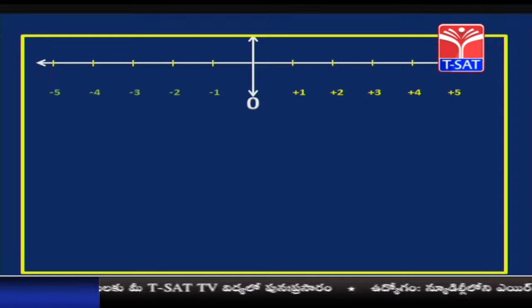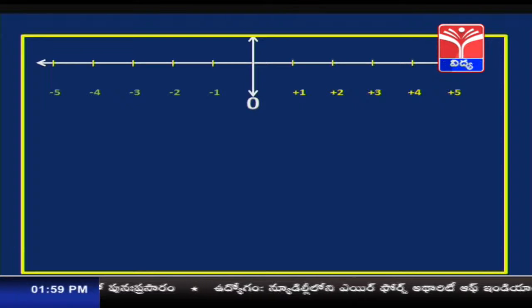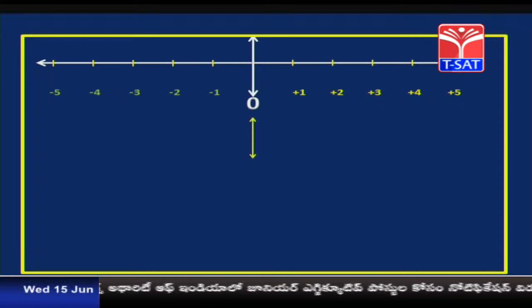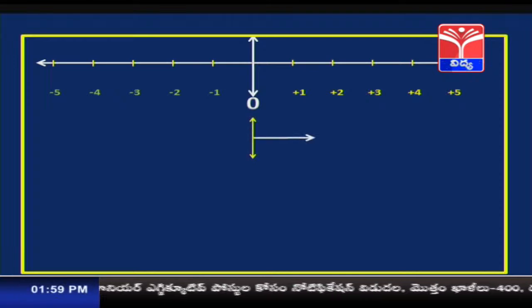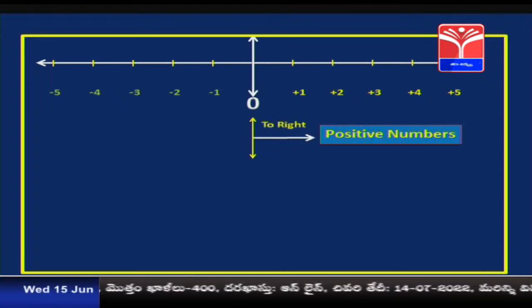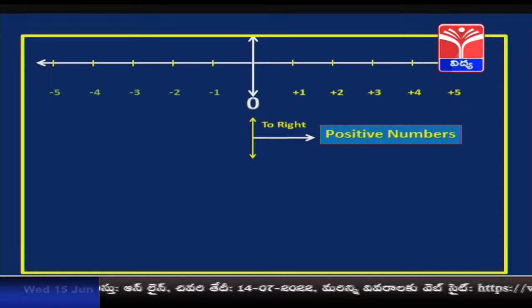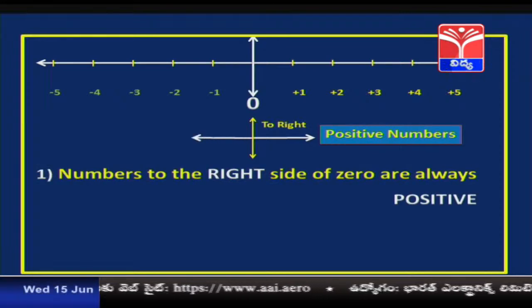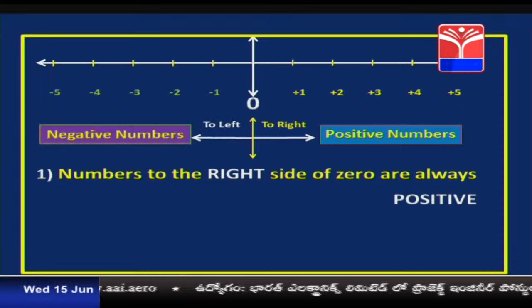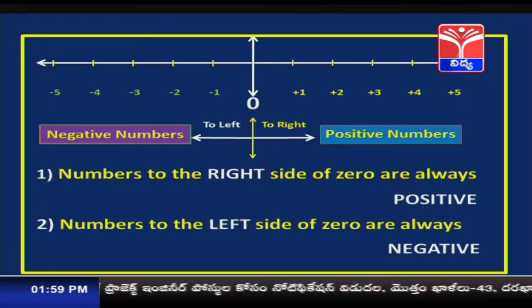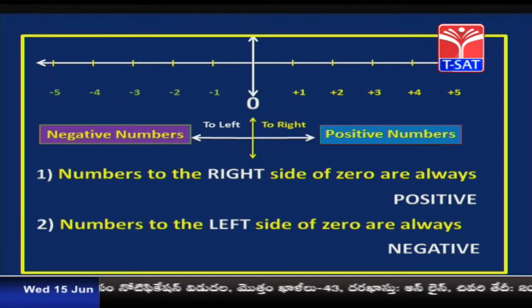So, children, what do you notice on your screen? That is right, it is an integer number line. So, we have 0 here which is neither positive nor negative, and towards its right we see all these positive numbers, isn't it children? Now, again if you notice towards its left side, you see all the negative numbers. So, numbers to the left side of 0 are always negative and the numbers to the right side of 0